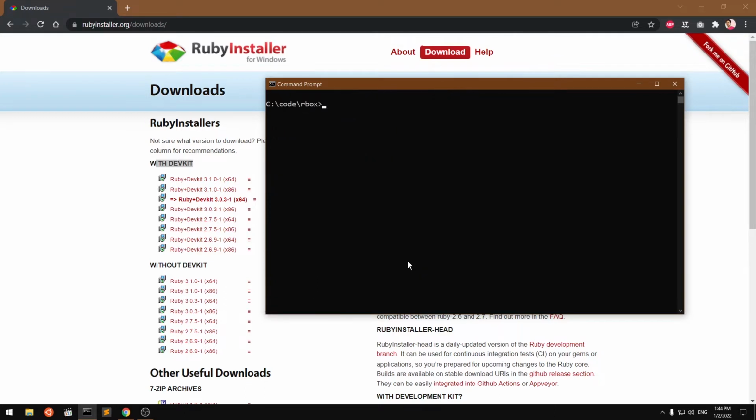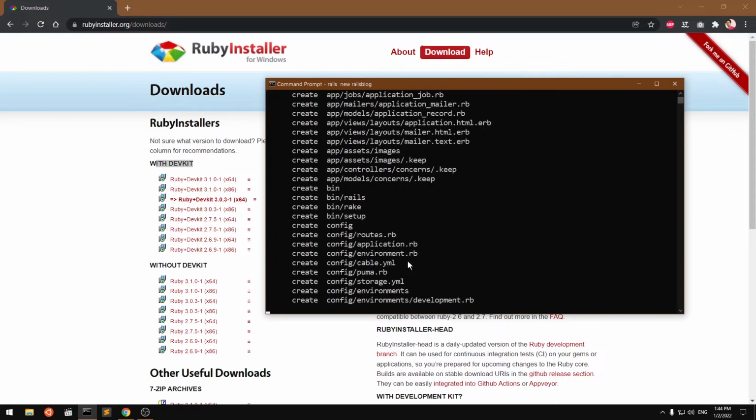I'm going to go ahead and create a Rails new project with this rails new, let's say Rails blog. Sounds good. Okay, now let's go ahead and hit enter, and this is going to create the project